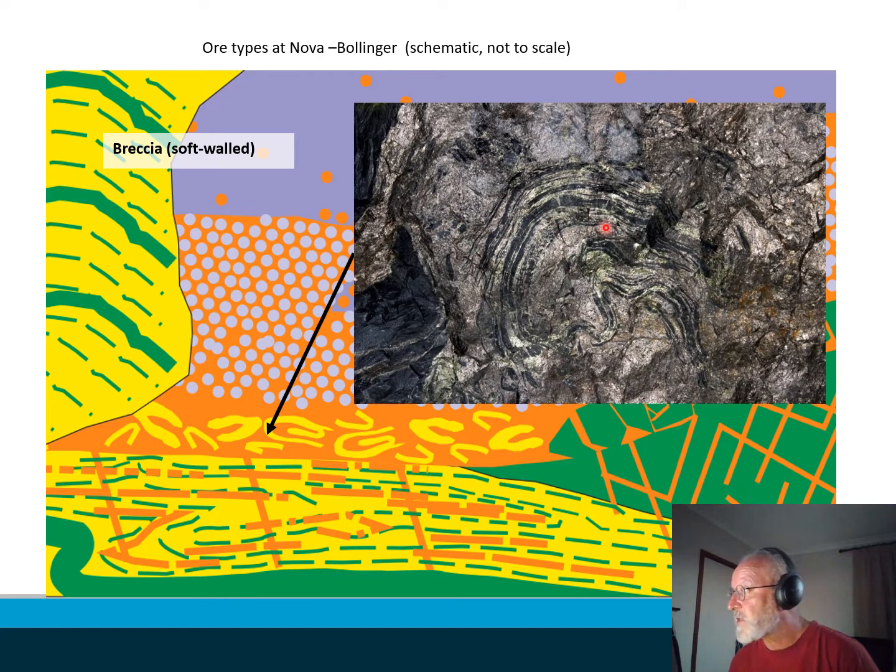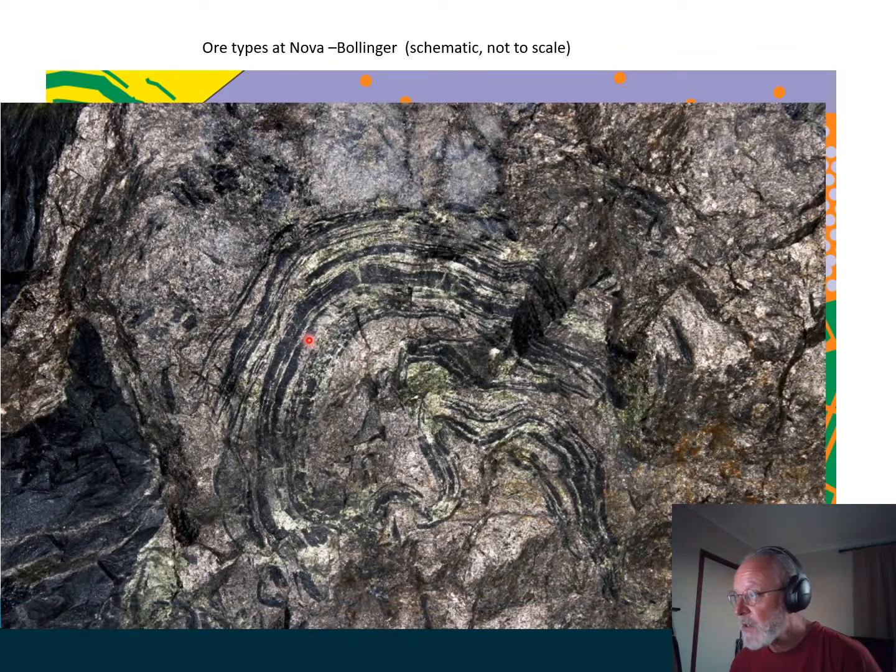So now let's have a look at some of these spectacular breccias that I mentioned earlier. This is one of these beautifully contorted soft-walled breccias, and you can see that the way the rock fragments behave in the sulfide matrix depends on the lithology. So these things here are the remnants of what was probably a metapelite. So this was probably relatively easily melted, and the sulfides are where the most easily melted layers were. But then these are layers of the much more massive